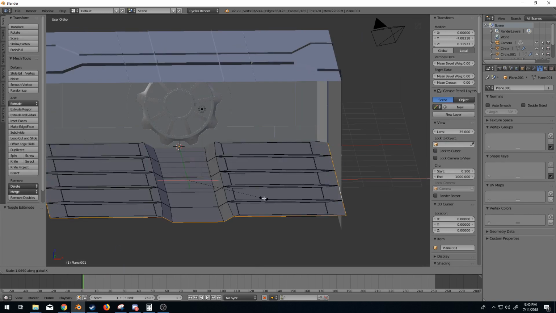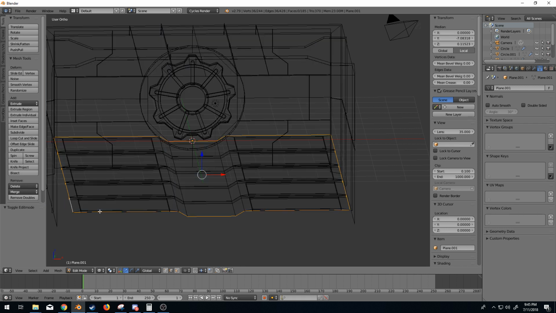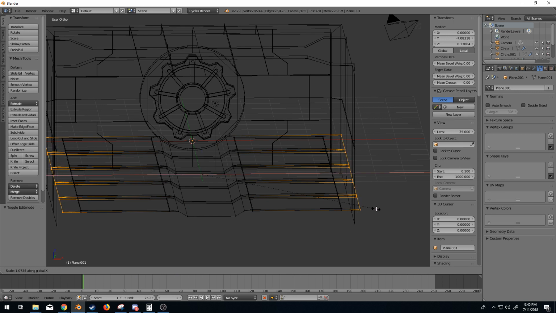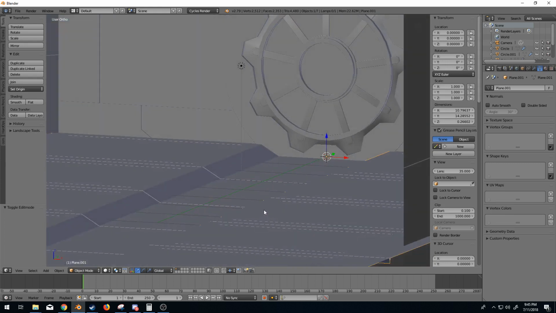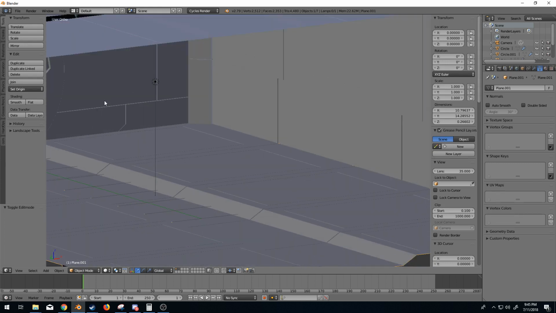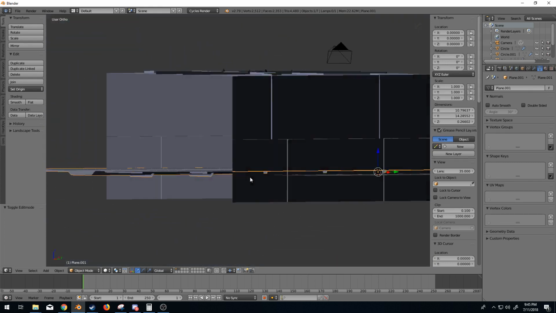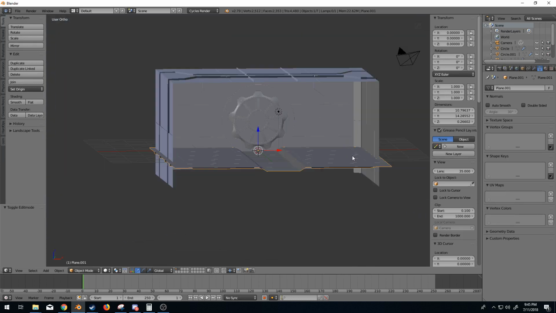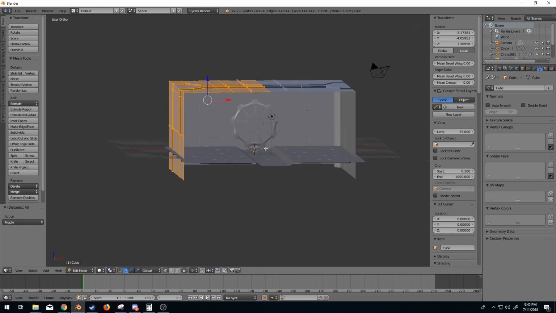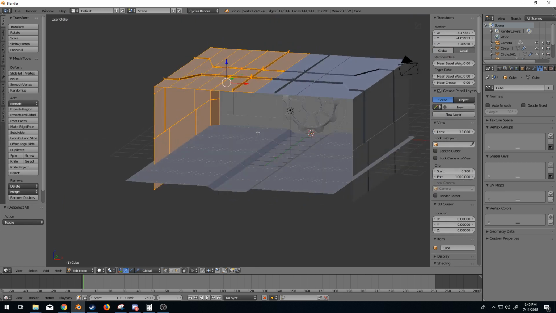Size X. No. Let's get rid of these. B, middle mouse button to deselect those vertices. Alright. Cool. Good. I do feel like there should be more objects in here. Anyway, not to worry. So what I'm going to do is do lazy method, and I am just going to